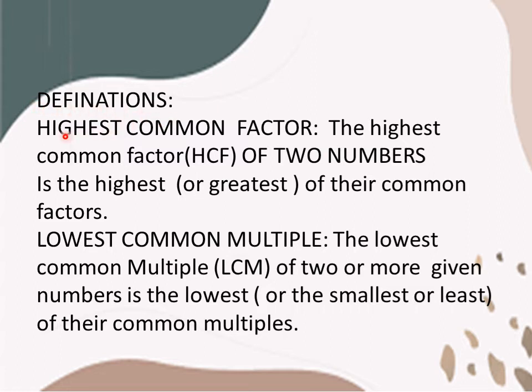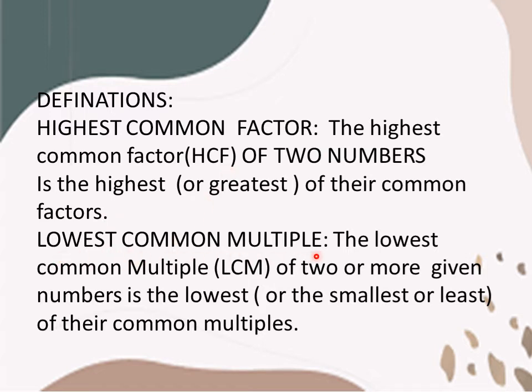What are these definitions? HCF. HCF is nothing but the highest common factor. The short form for the highest common factor is HCF. So what is this one? Highest common factor. Common factor we have learned. From there we will take the highest, meaning how many times, in how many numbers it is going to exist. That we will count as the highest common factor. The highest common factor, HCF, of two numbers is the highest or the greatest of their common factors. Means from there how many times it is going to repeat for all the numbers. So that we will select, and that is called the highest common factor.